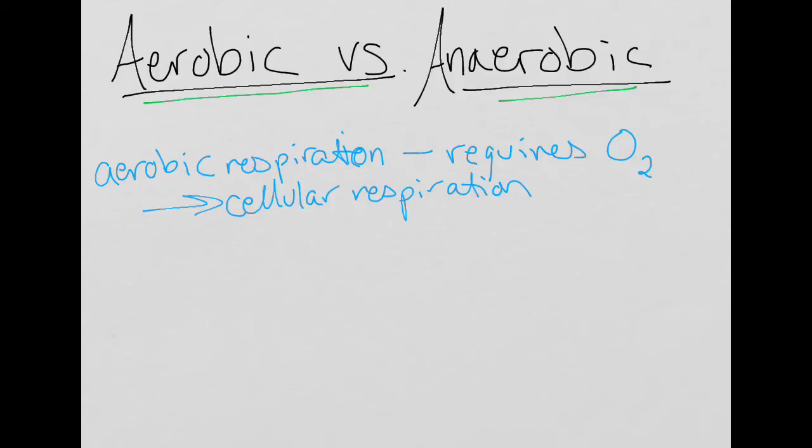It requires oxygen. Aerobic respiration also makes a lot of ATP. Lots and lots of ATP with aerobic respiration, which is why a large portion of organisms on Earth do aerobic respiration. The opposite of that, anaerobic,